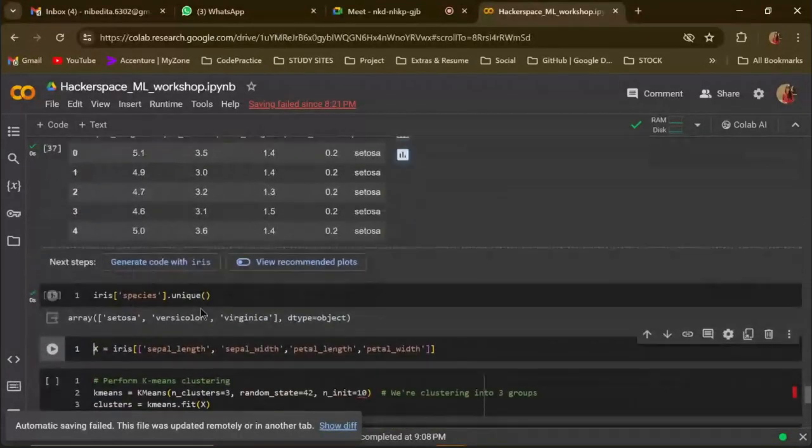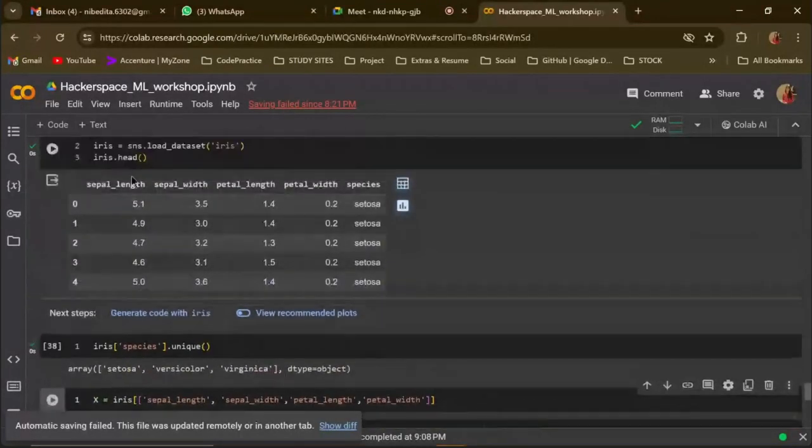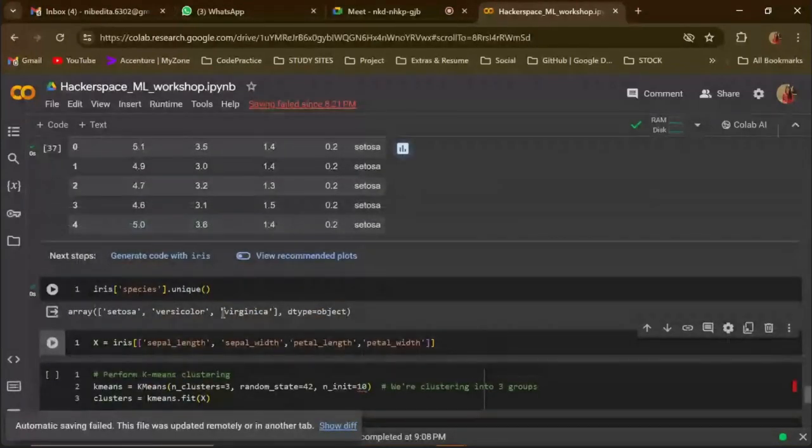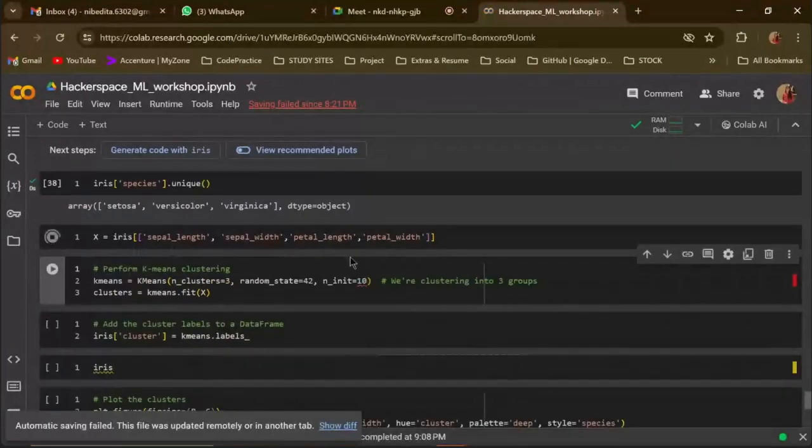Okay, so we have 3 species of iris flower, and I want to predict these species using these 4 features: sepal length, sepal width, petal length, and petal width. Note that the k-means algorithm, we are only